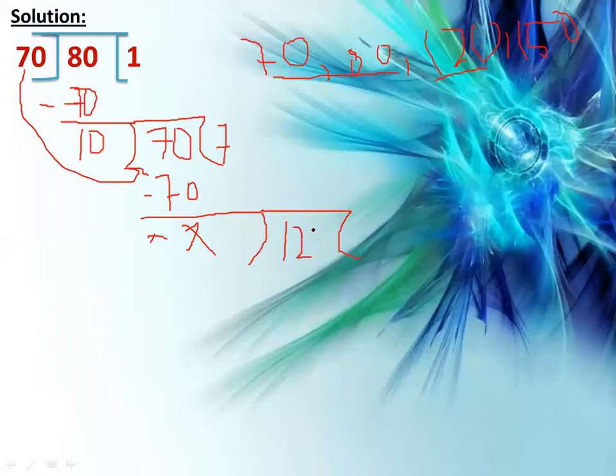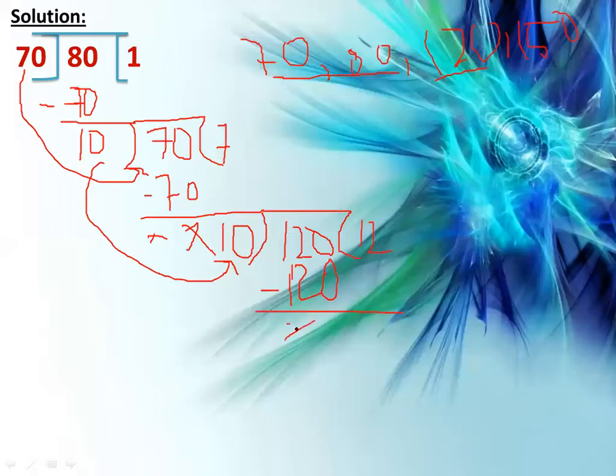Why are we taking the new number? Because here we get no remainder. So for this, you will take the previous step divisor 10 again as your new step divisor. So you will divide 120 by 10. 10 multiplied by 12 will become 120. If you subtract here, again you will get no remainder.